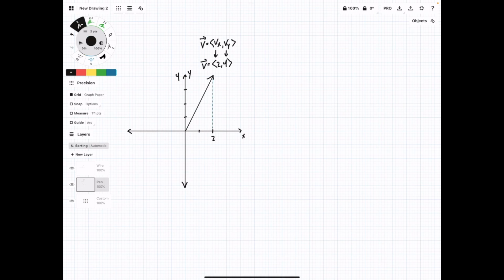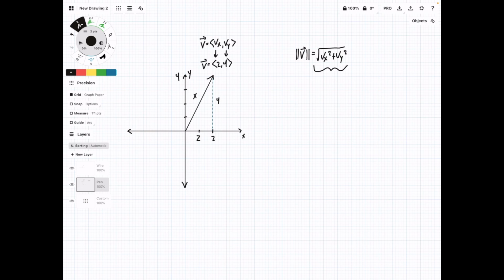this line, all we really have to do is create a right triangle, label the sides, and then use the Pythagorean theorem to figure out what the hypotenuse of that triangle is. The formula for finding the vector magnitude is also written like this. The magnitude of the vector is equal to the square root of vx squared plus vy squared, and that comes directly